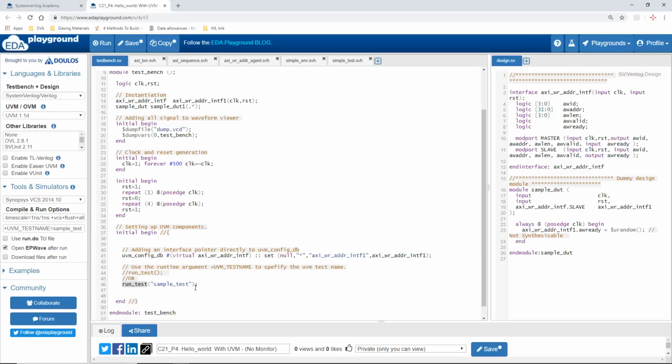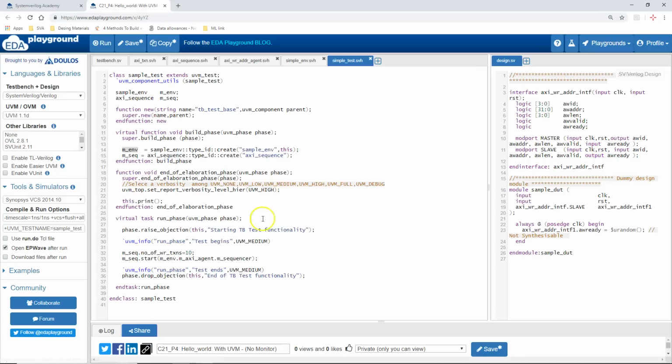And after creating the hierarchy through the build phases of all the classes, this run_test method will internally call the run phase tasks of all the classes. So all of them will start in parallel. Remember that when the run phase task of the test class is called, that is the point where you actually start the sequence on the sequencer, and that is when the stimulus starts getting injected into the DUT.